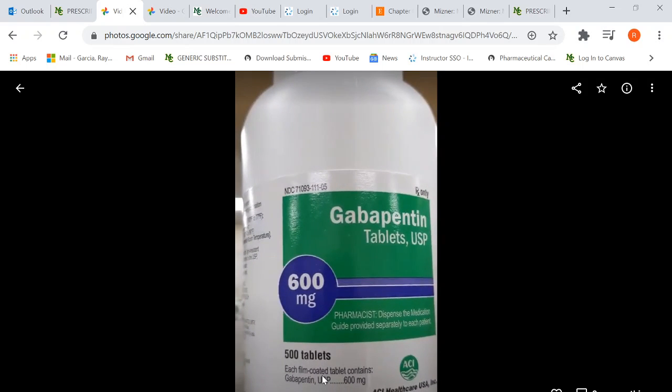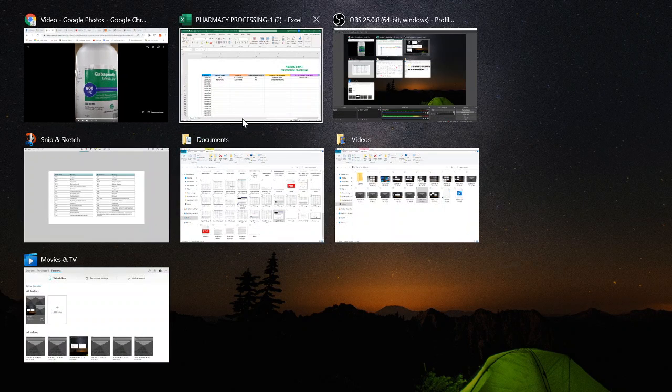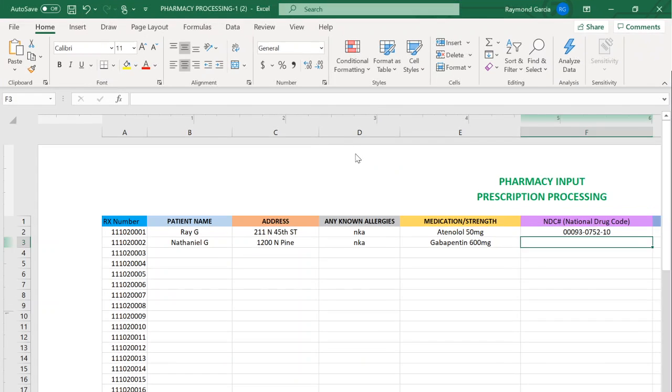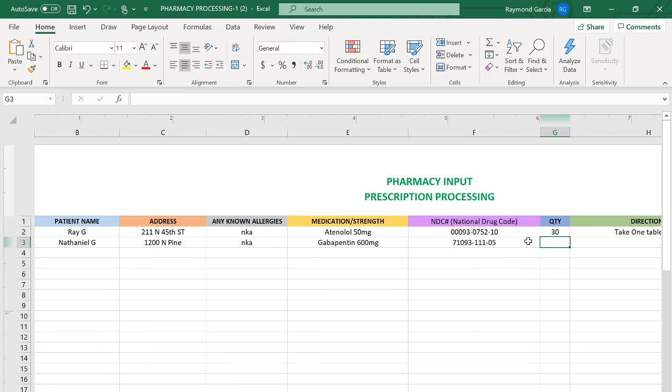And I'm going to get this number right up here. That's the NDC number. 71093-11105. So I'm going to put that in this NDC part right here. 71093-111-05. So we'll tab over. All right. The prescription,